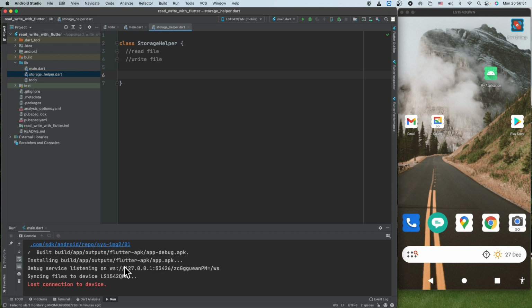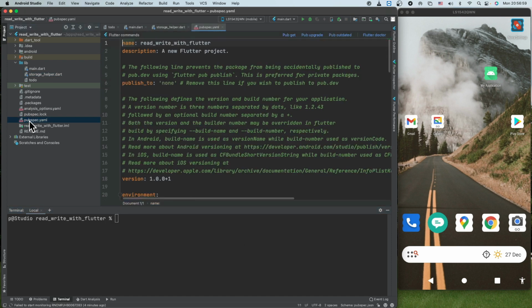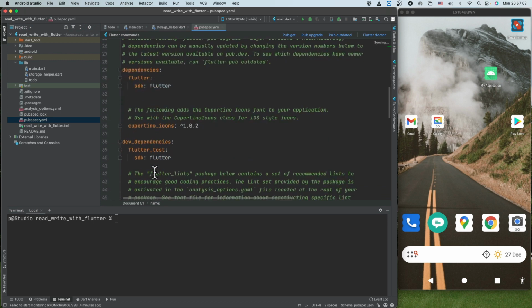we need to use a plugin called path_provider. We can add that manually into this file, or we can use flutter pub add path_provider.